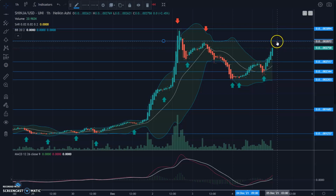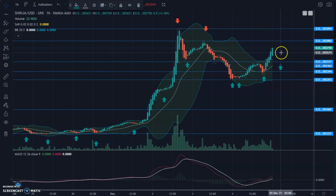We could tap right here, and that pullback, if it came back to here, that's still an upward trend. I always say the trend is your friend. Trade with the trend. And we would have had to wait for this right here and a green candle, and we would have said, okay, that is a bullish moment. We got the trend going bullish because we're making higher lows. But this is a little cheat sheet right here with this middle Bollinger Band that you could use